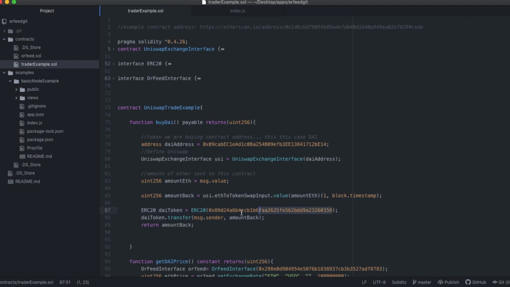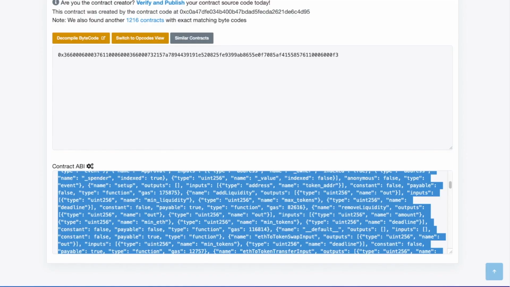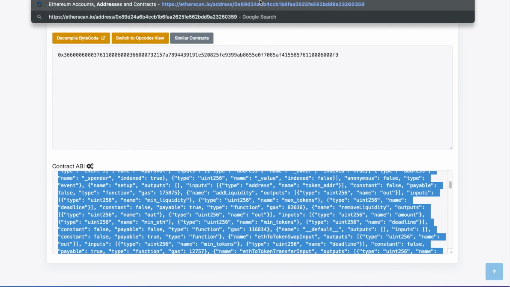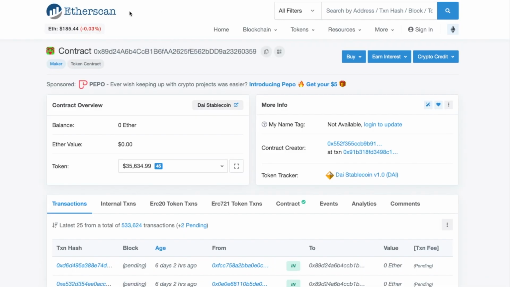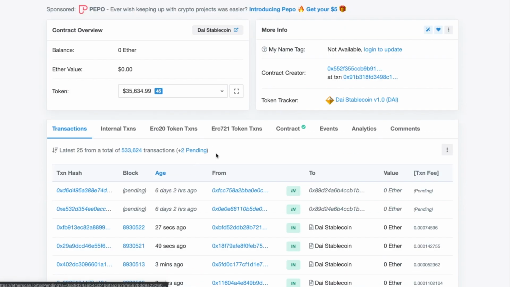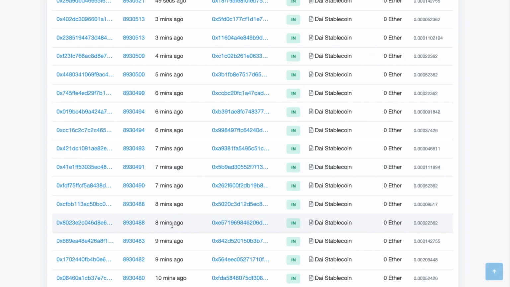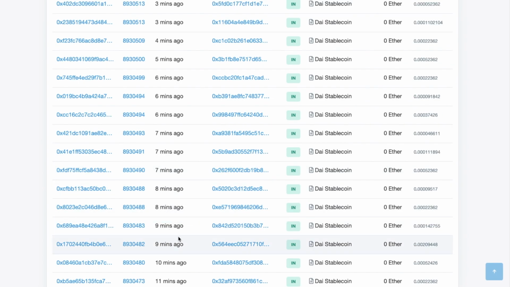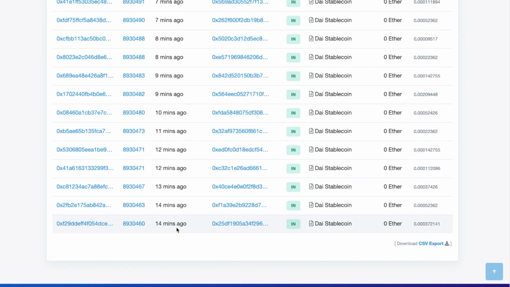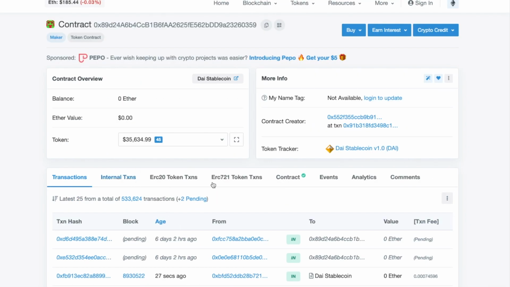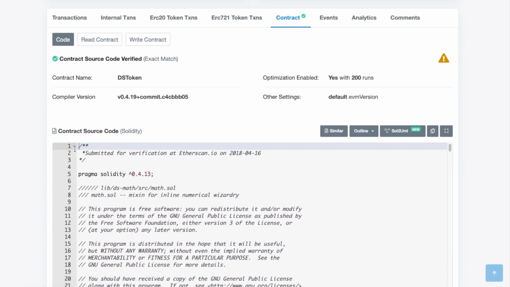And then here, I just get the DAI token. Now, this was the address I was mentioning earlier. This is the actual DAI token. So if I take this address and paste it up here, etherscan.io/address/this, I actually can see all of the DAI transactions. So we can see that maybe 1 to 2 transactions a minute happen with DAI, right? Which is actually not that much, but it's quite a bit. And I can actually see the contract.